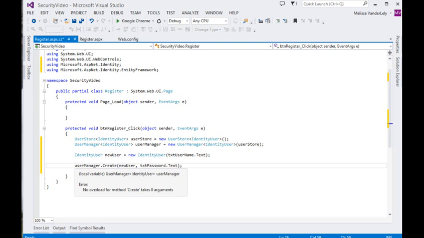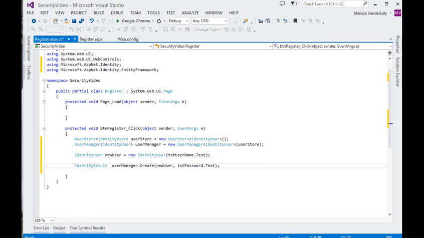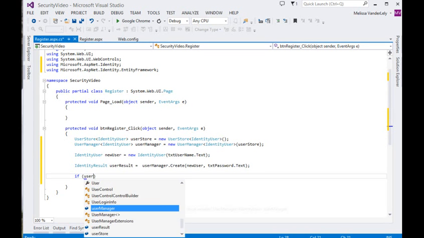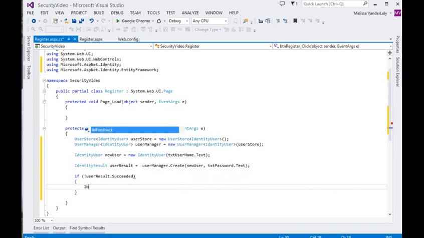Now when we call create, we have an option of capturing the results of that create. So anytime we're capturing any results, we have to save it in an identity results object. So by creating this object here, user results, now we can find out if the creation was successful or not, and then act accordingly. So I'm going to put a little if statement in here that says if the user result did not succeed. You see it has this property succeeded, and I'm just going to use the not there to say that if it was not successful,